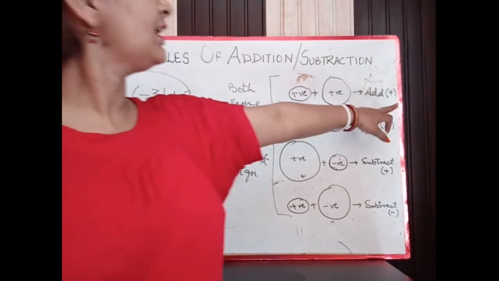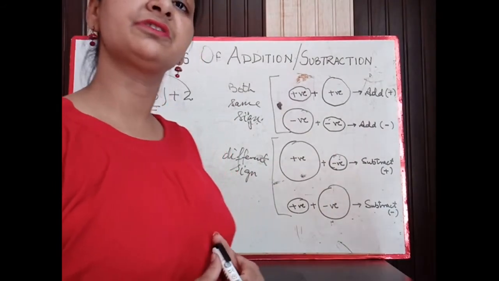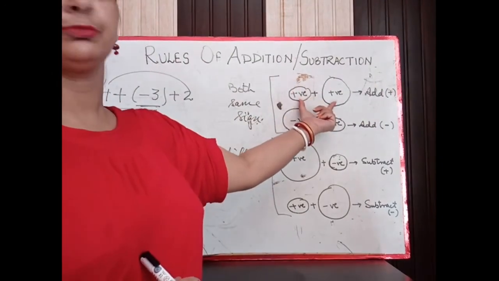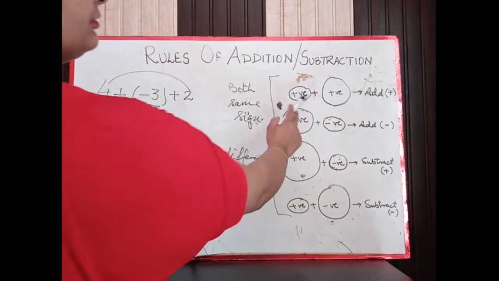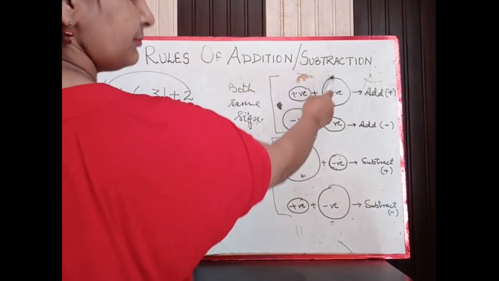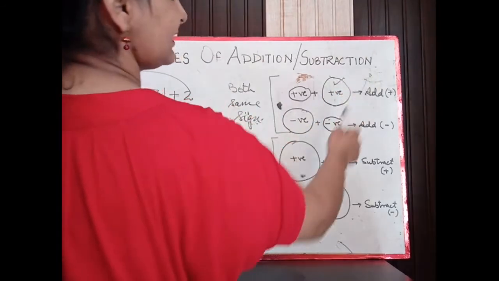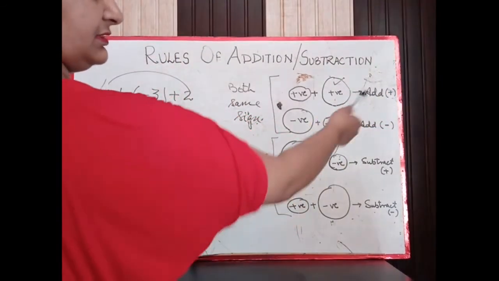Now you will say, why I have written this plus minus with this? This is for the sign of the result. It's clear that if both are positive, we will add, and the sign will be of the greater number. Here, the greater number is with the greater circle. So this is the greater number. So what is its sign? Positive. So the answer will be of positive sign.